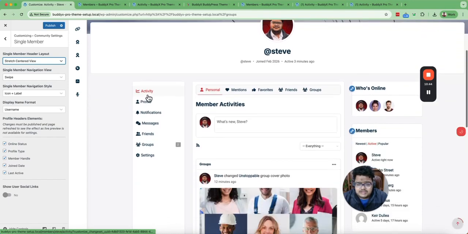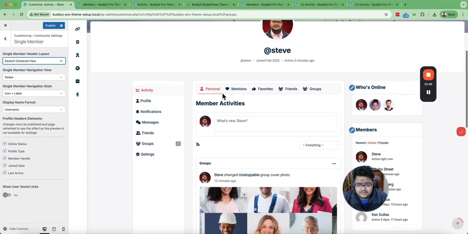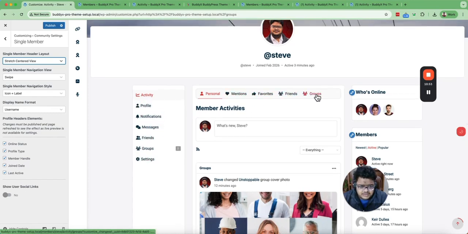Now the navigation options, there are two kinds of navigation options there. One is these, the activity, profile and notification options, and these are the options for them to have filtering for the activity stream. So this one we need